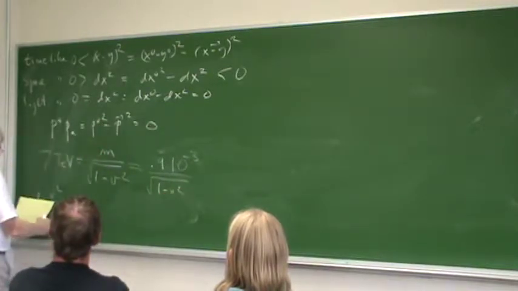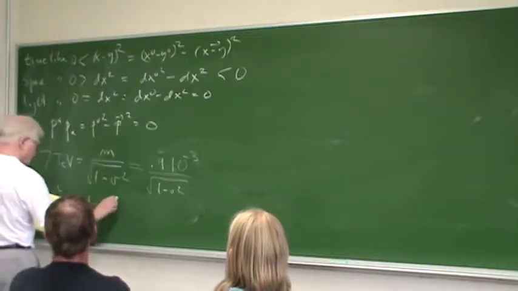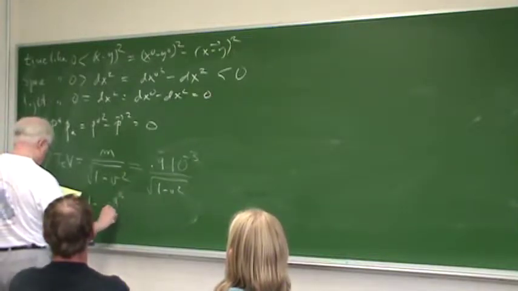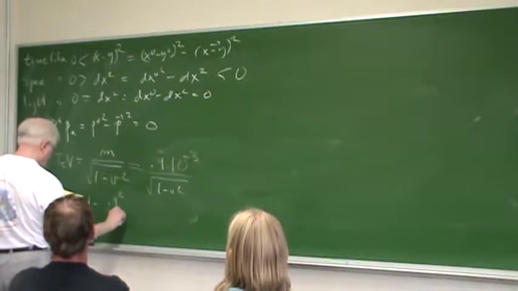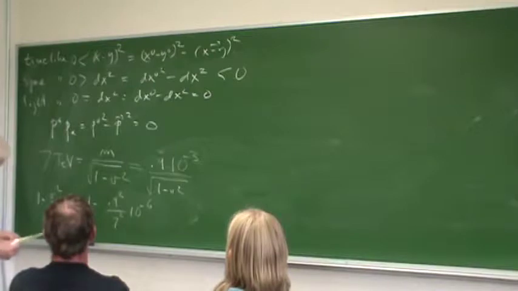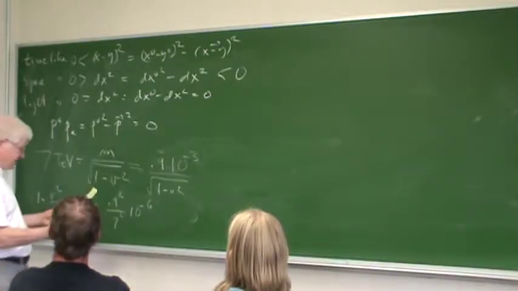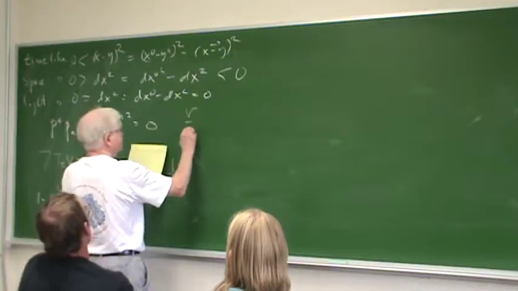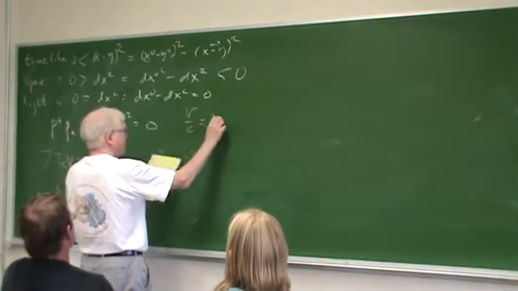And so this 1 minus v squared over c squared is basically 1 minus 0.9 squared over 7 squared times 10 to the minus 6. And if you work out what v over c is, just using a calculator, it's 0.99,